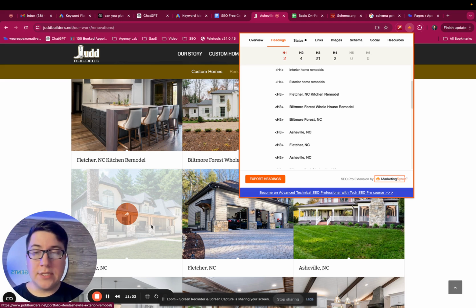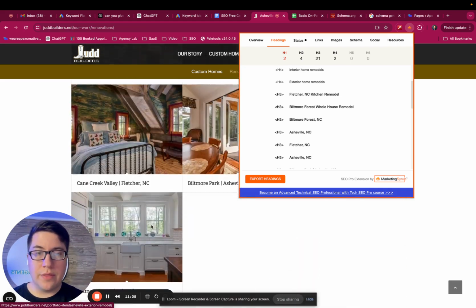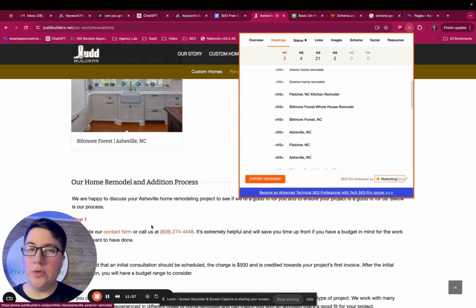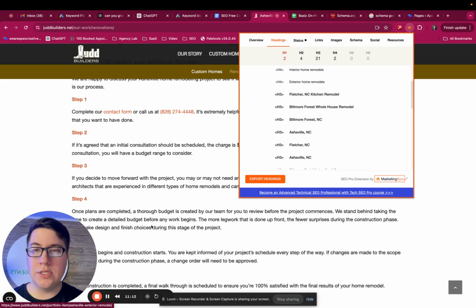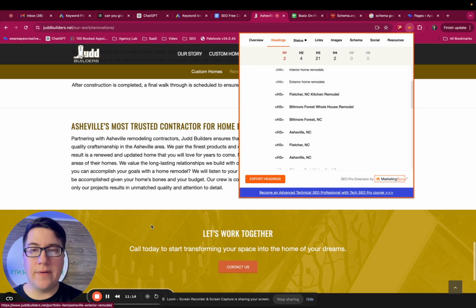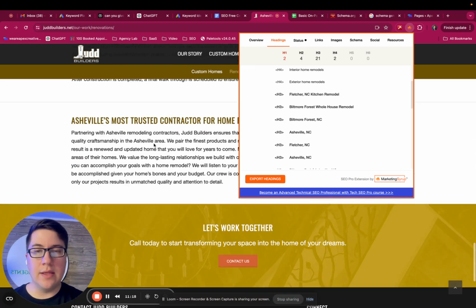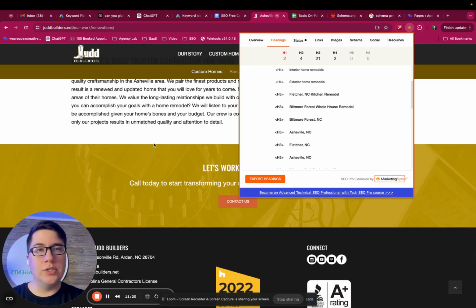So that's what they have so far with their headers. I do like the use of those. I think that's a good use case for those different locations and showing how they're going to be found in different areas. They have mentions in paragraphs and things like that, which is going to actually add support to their headers.